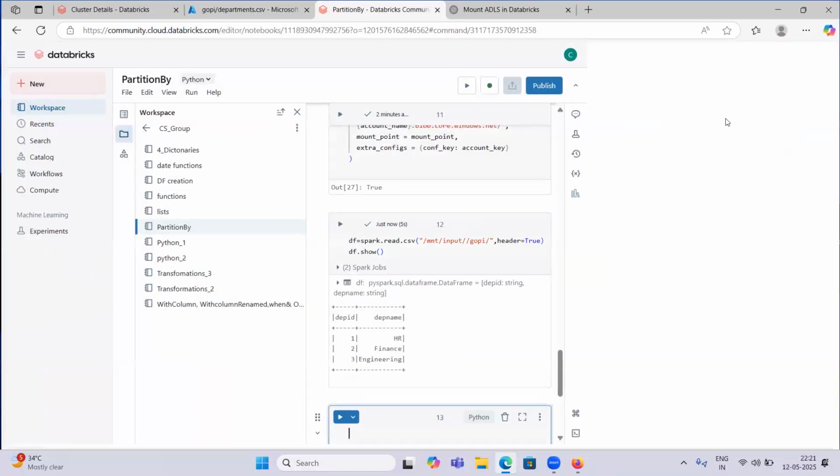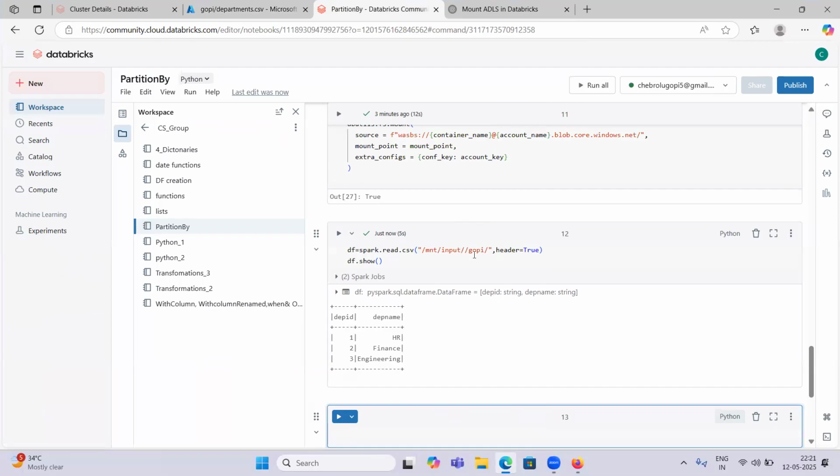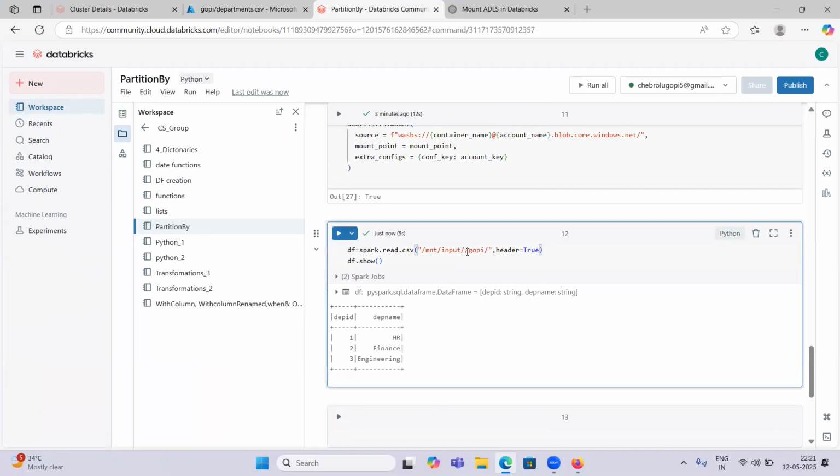Same data. So I have created the Gopi folder inside input, but it hasn't thrown an error. Earlier, when I wanted to read the data from output, it created an error